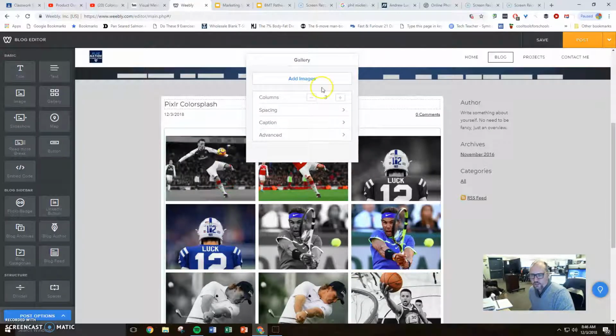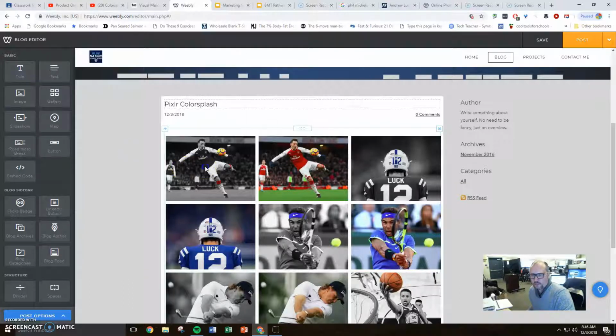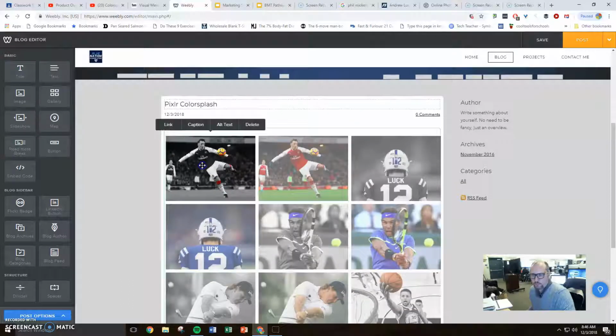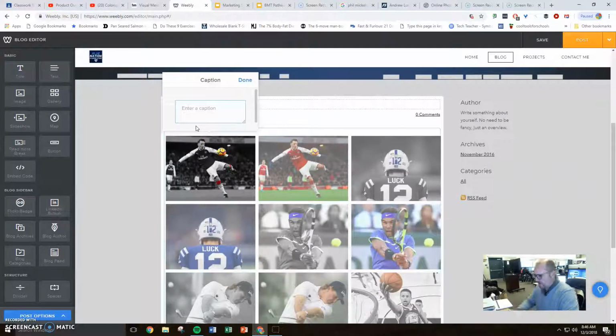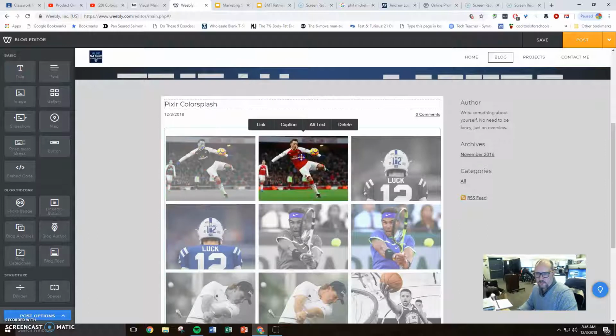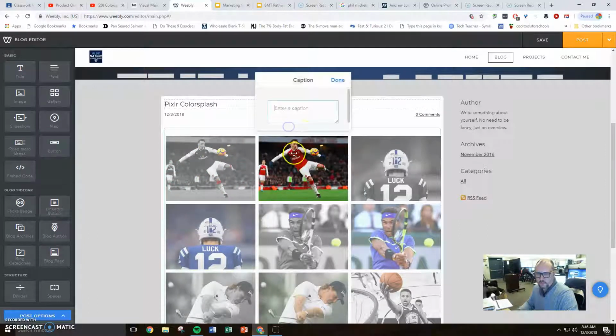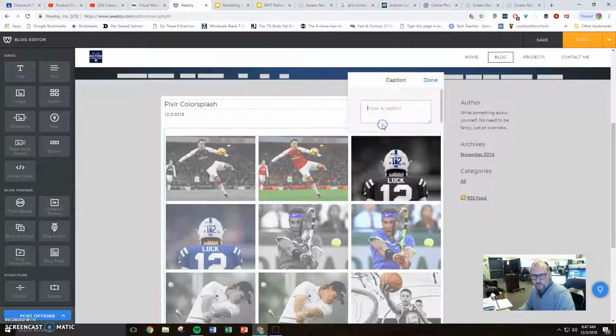So I can actually go in here and caption them as well, like I did with the previous. So that's going to be after. Call this one before, because that was the original image. Or you could call it original if you wanted to. I'm going to call this one after, and so forth. So that's how you turn that in, and then once you have all of them named, you've got your post,